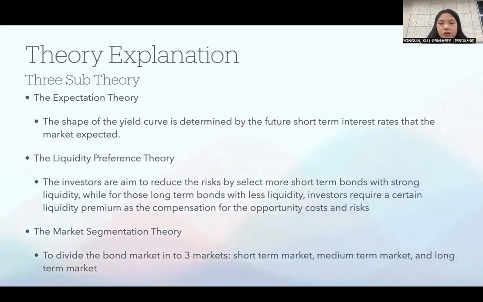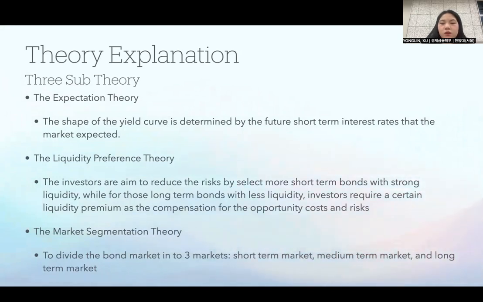And then the second one is the liquidity preference theory. For this one, the presumed assumptions are, firstly, the investors are risk averse. Secondly, expectations and risks can both affect the term structure. And then the liquidity of short-term bonds is higher than that of long-term bonds. So based on that, the investors aim to reduce risk by selecting more short-term bonds with strong liquidity,